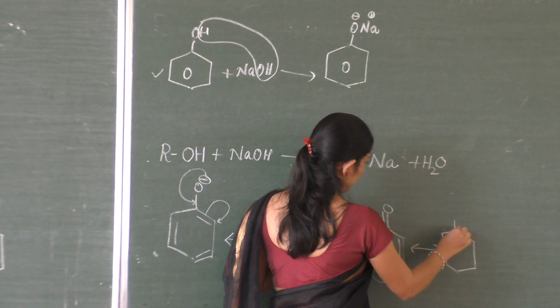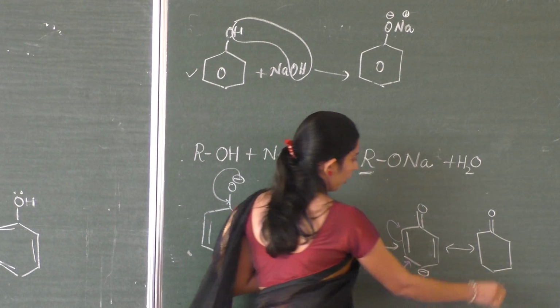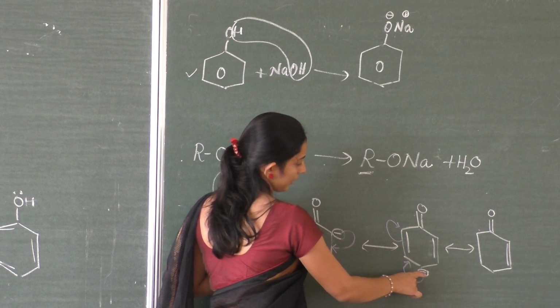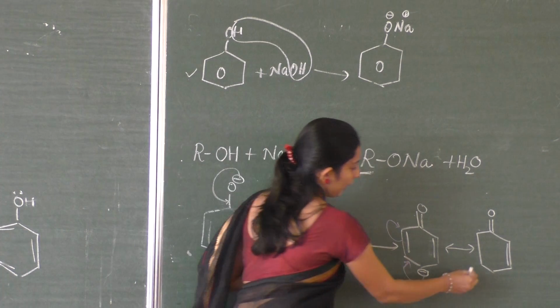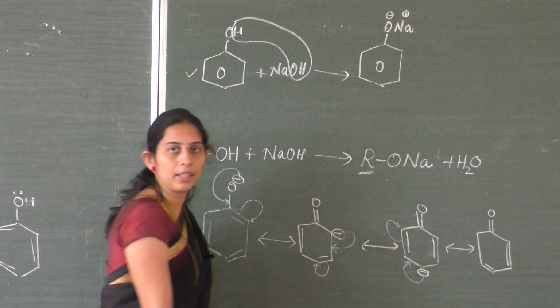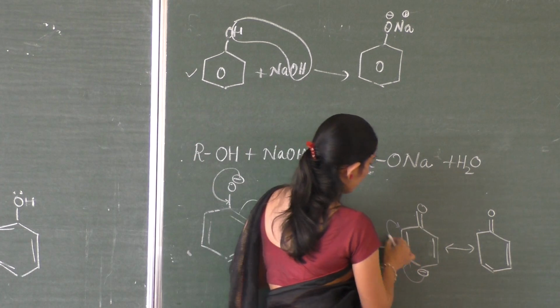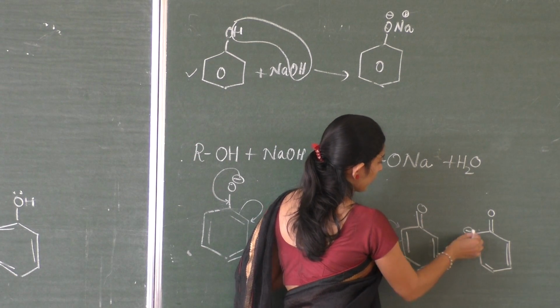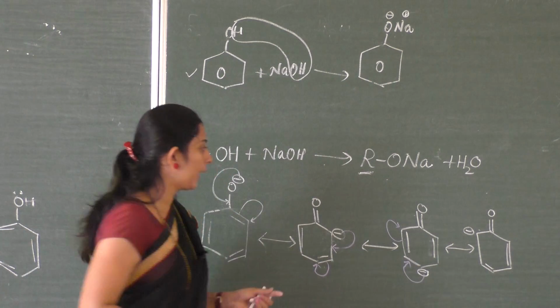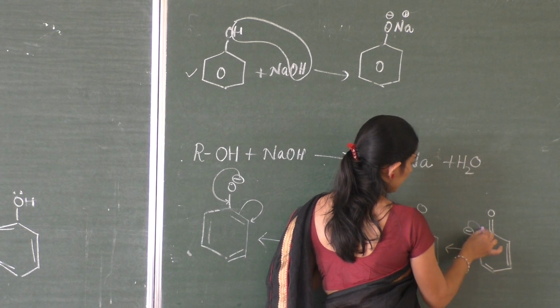So here double bond to O, the bond is already there, we shifted this negative charge to the next position, therefore I got a double bond there. Next this bond is shifted to the next position, so the negative charge is over here. So again if I shift this one